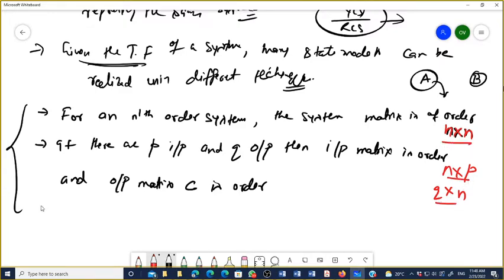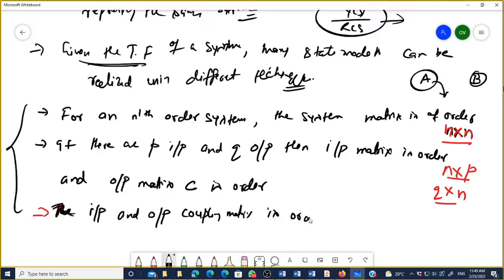Okay, now my last question is the input and output coupling matrix, that is the D matrix. Remember, D matrix is of order, उसका क्या order होगा? Q cross P. हाँ, Q cross P. Very nice, very good, Q cross P, ये हो गया आपका टोटल।